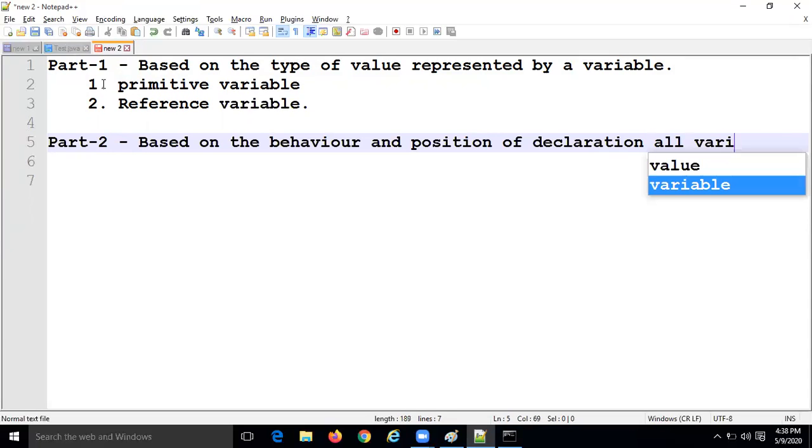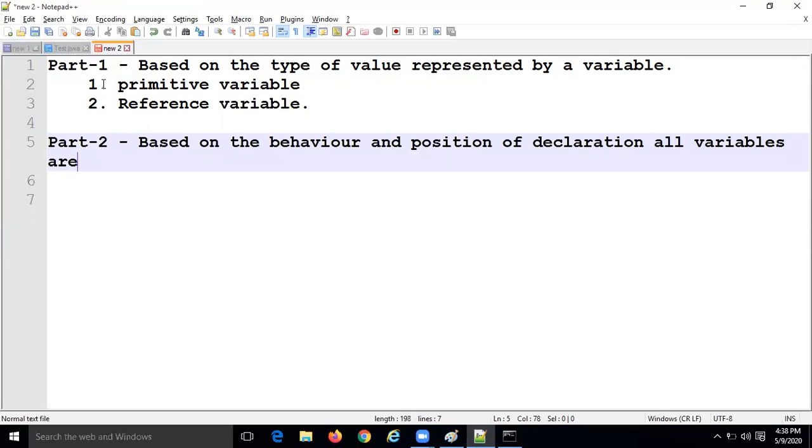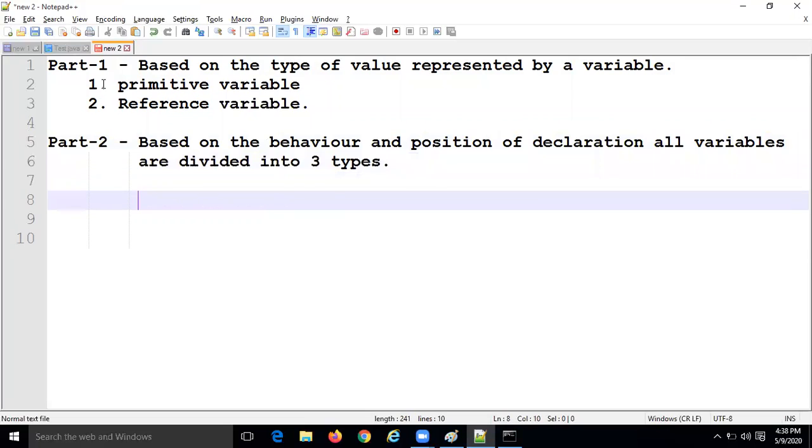All variables are divided into how many types? They are three types. Okay, right. This is a part. So what are those types of variables?